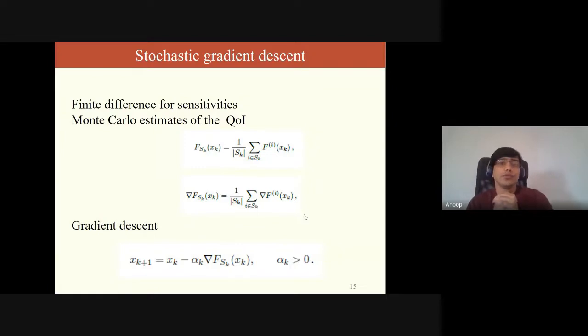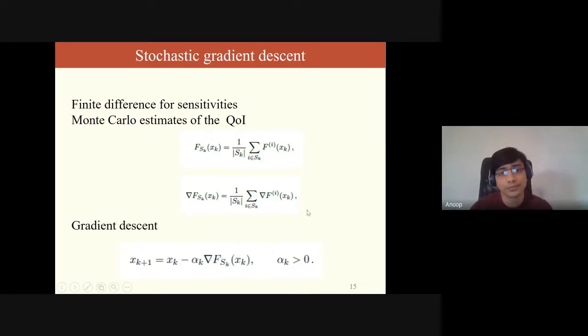And then we come to the optimization algorithm. So we use a stochastic gradient descent for our optimization. And we use a simple Monte Carlo estimate for the quantity of interest as well as the gradients. And to get the sensitivity, since we only had two parameters, we could easily use finite differencing for the sensitivities. And once we have the stochastic sensitivities, we use a simple gradient descent to reach the next